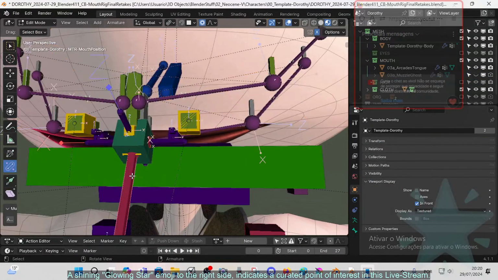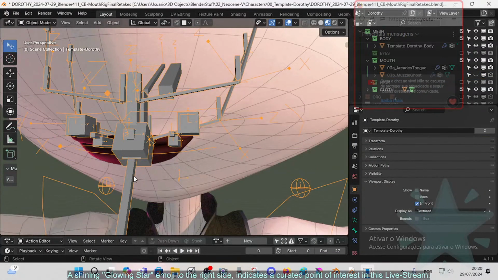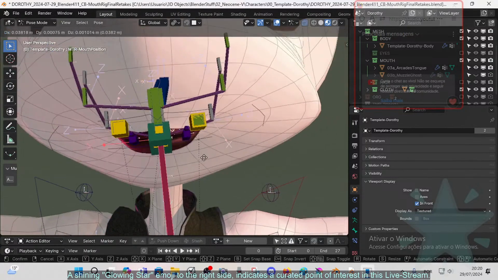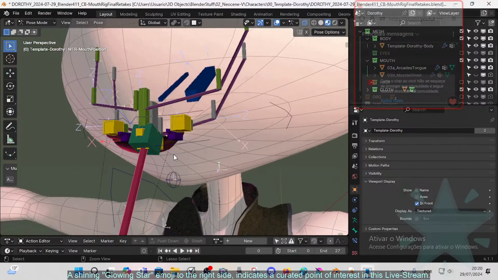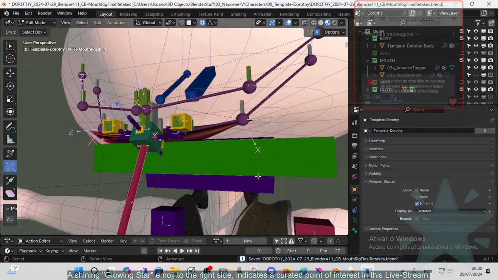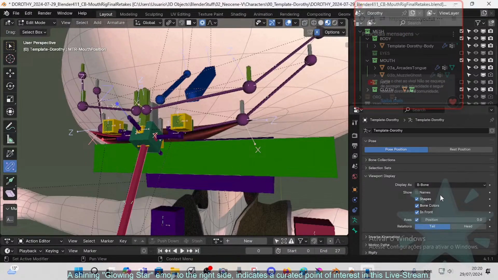So, okay, let's make a test here and see what happens. It will be better if I don't show the shapes, so you can see exactly what is moving. So yeah, changing this bone moves everything else,